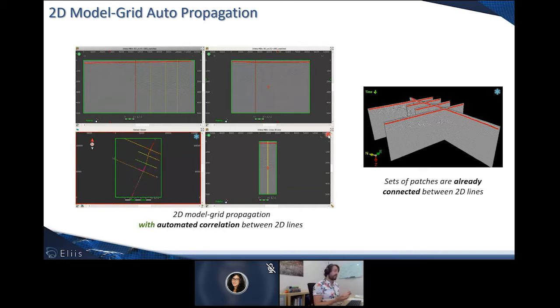So it's a very interesting new feature toward speeding up the work of the interpreter. Of course, it is still possible for the interpreter to modify the correlations between the lines and recreate them based on his own appreciation.